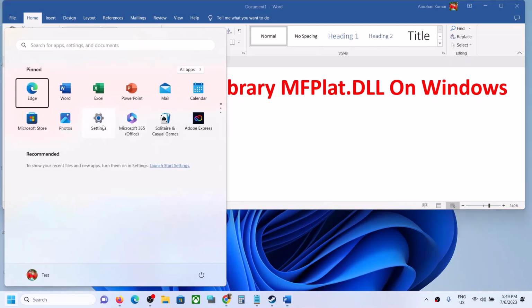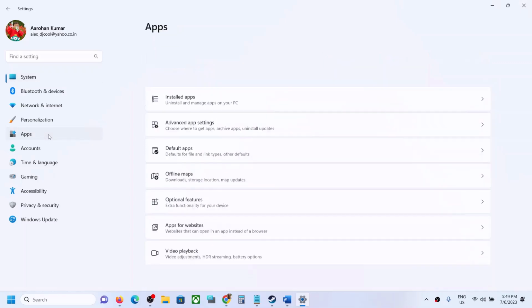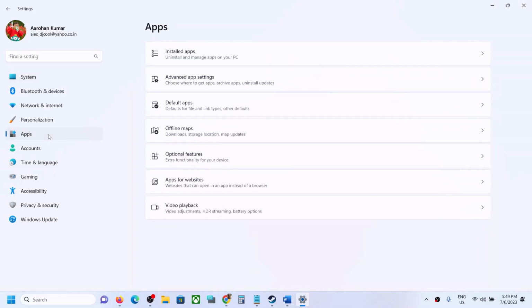If you have Windows 10, open Windows 10 settings. If you have Windows 11, click on settings on Windows 11. Now go to apps. Once you go to apps in Windows 10, you will find apps and features. So go to apps and features, and when you select apps you will see optional features. So click on optional features,